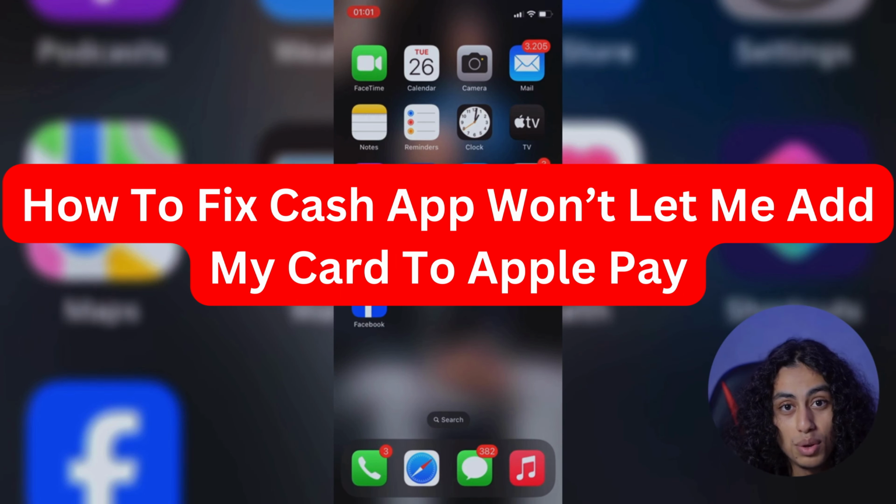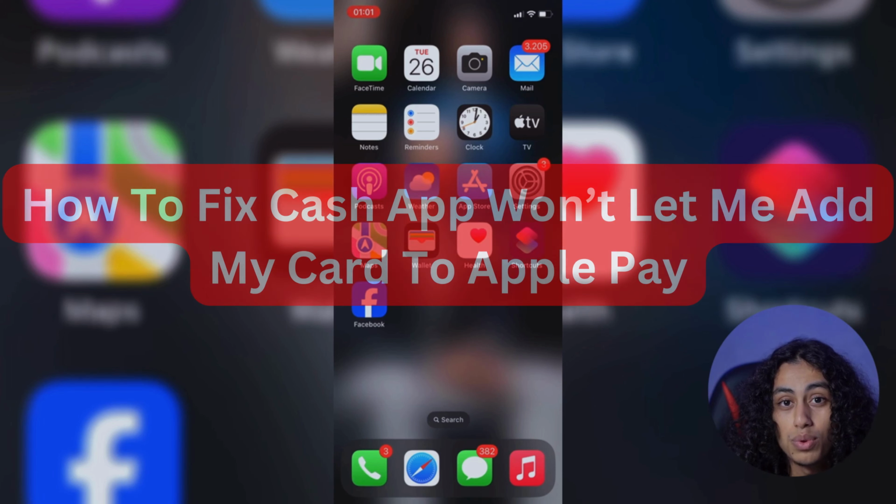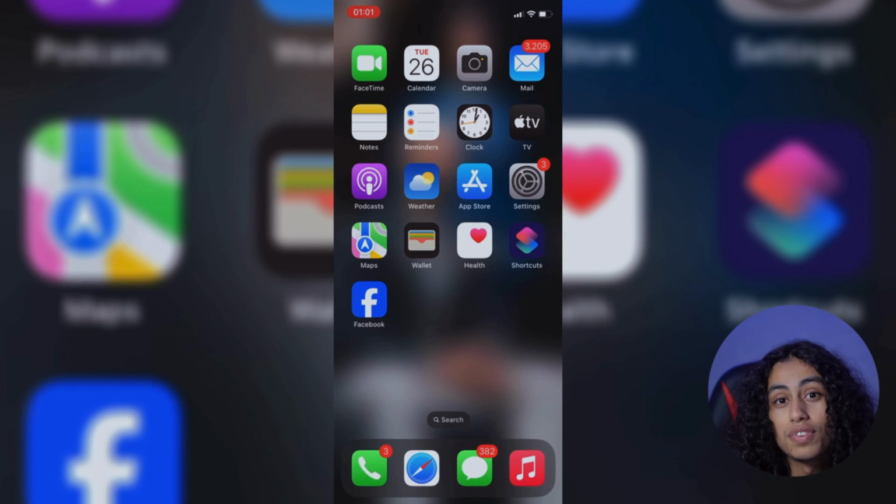Welcome to another video. For today's video, I'm going to show you how you can fix Cash App not letting you add your card to Apple Pay. It's not something difficult. A lot of people face this issue, but they don't know how to fix it. But for today's video, I'm going to show you the steps that you need to follow in order to fix